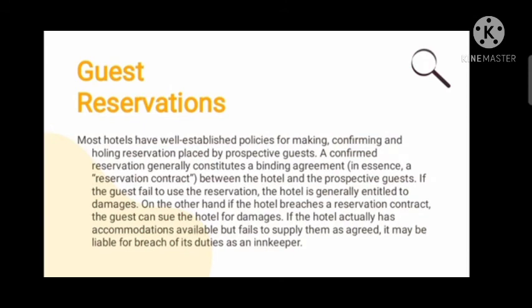Dito na po sa guest reservation, pag po yung mga prospective guests nagpa-reserve, na-confirm po ito sa pamamagitan ng reservation contract. Kung yung guest po ay nag-fail na ma-avail yung kanilang reservation or hindi sila tumuloy dun sa hotel kahit nagpa-reserve na sila, ang entitled po sa damage dun ay yung hotel kasi po nawalan sila ng room sale. Pero kung yung hotel naman po ang hindi nakasunod dun sa reservation contract nila,